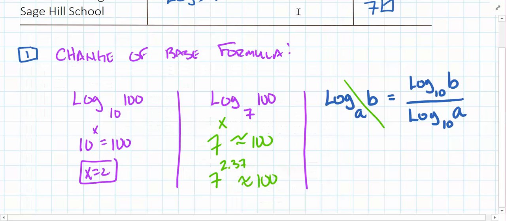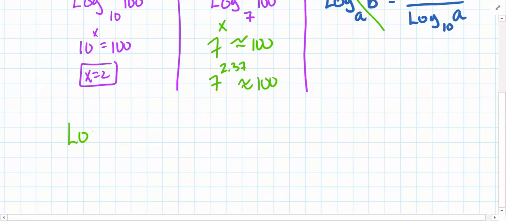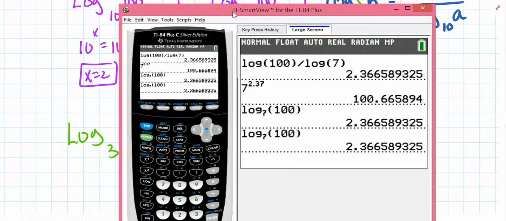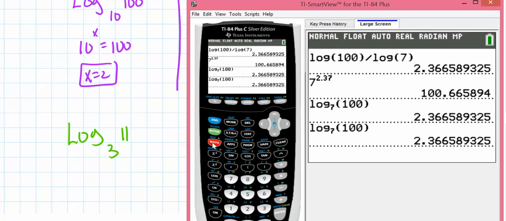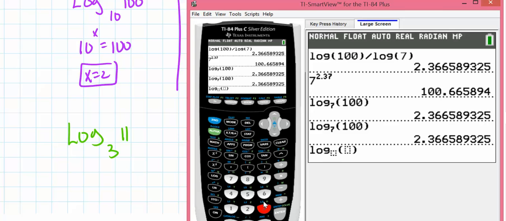So ladies and gentlemen, let's practice a little bit. If I give you log base 3 of 11, please evaluate log base 3 of 11 to 3 decimal places using the key feature of your calculator. So watch it. I'm going to go math, alpha, math. Oh, sweet. There it is. Punch in a 3. Punch in an 11. Push enter. And I'm getting